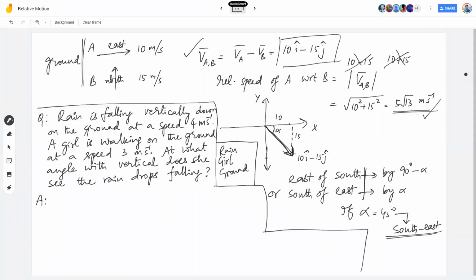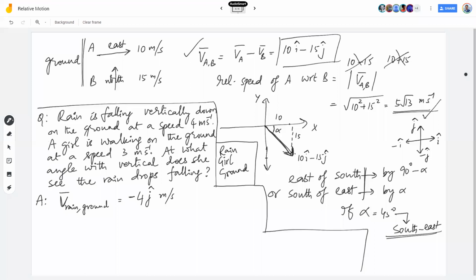So given are two things. What are those? Velocity of rain with respect to ground is given, and it is equal to 4 in the direction vertically down, minus j cap. I shall use that. Meters per second. Did you understand this? Minus 4 j cap. I am not showing it like this, but that is what I mean. Okay. This is i cap and this is j cap. So clearly this will be minus j cap and this will be minus i cap. I'm not showing it every time, but we are sticking to that convention always. Okay. So velocity of rain with respect to ground is minus 4 j cap meter per second.